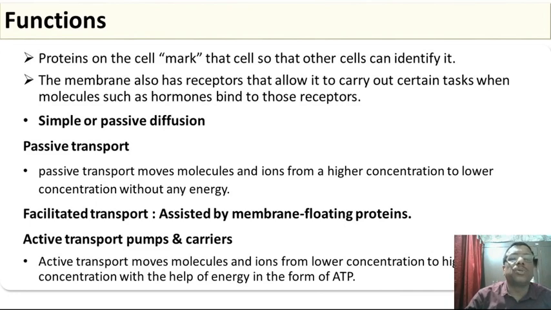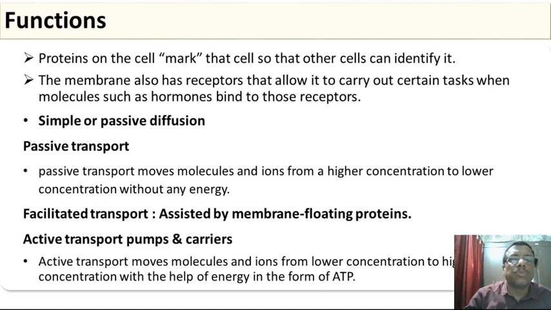And it helps to transport across the membrane via osmosis and diffusion. Diffusion means the movement of molecules from the region of higher concentration to the region of lower concentration. And also osmosis through the semi-permeable membrane. It controls active transport and also passive transport. Passive transport means movement of molecules or ions from regions of higher concentration to regions of lower concentration without spending any energy. No energy is required here. No ATP is required here.